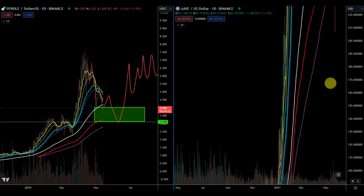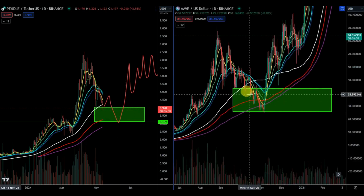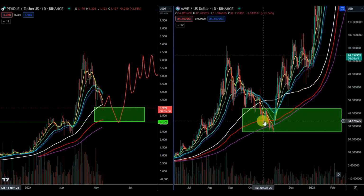Then, in the moment, the box looks huge, and you're thinking, well, obviously you don't buy it all here. If you're buying, you buy a small bit, and then you buy another small bit, and then you buy another small bit, or averaging, and then you can, if you end up getting your average in and around the red 200 moving average,